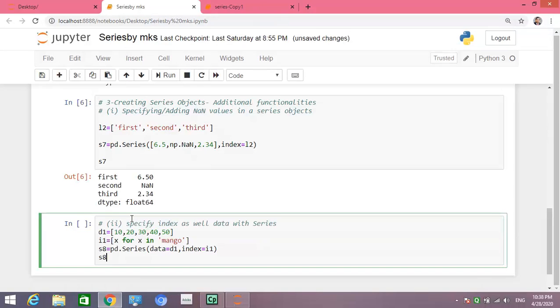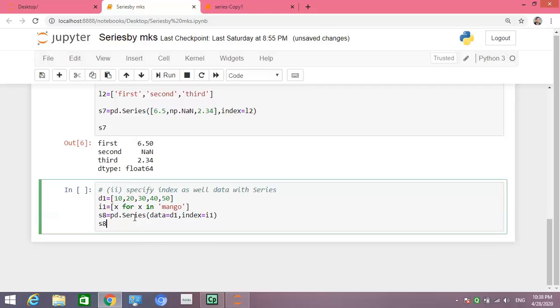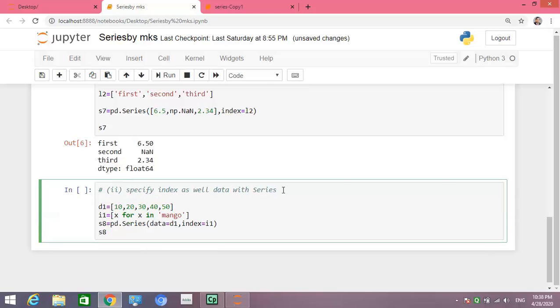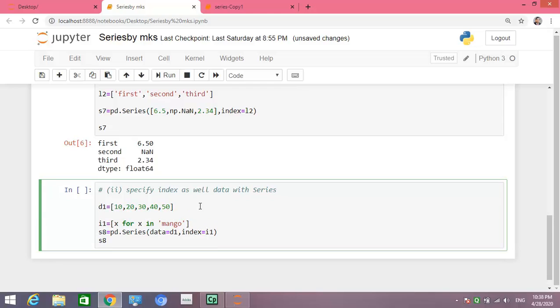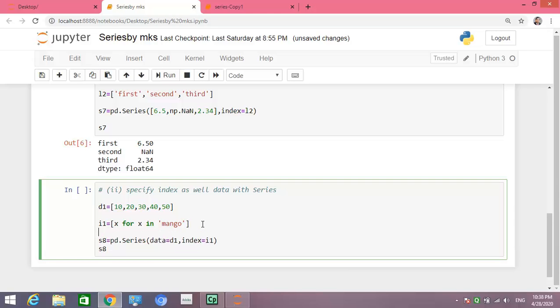Here we can see the first line is a comment, the second line is a normal list, and the third line is a complex statement of creation of a list using a for loop. Already you have seen this in 11th class.